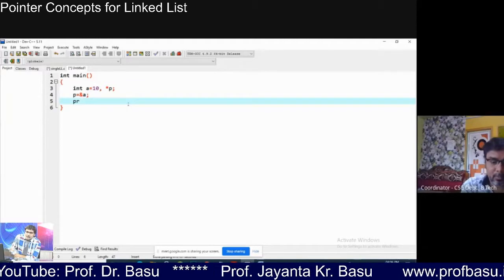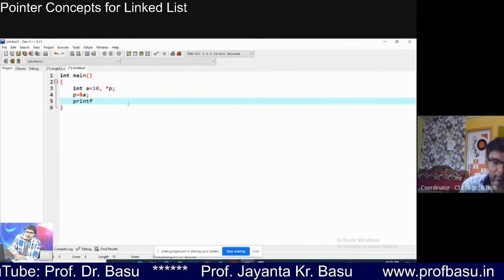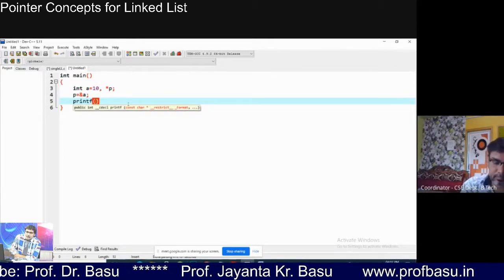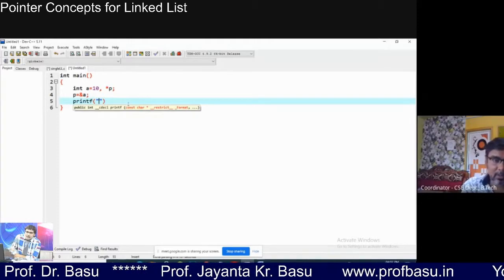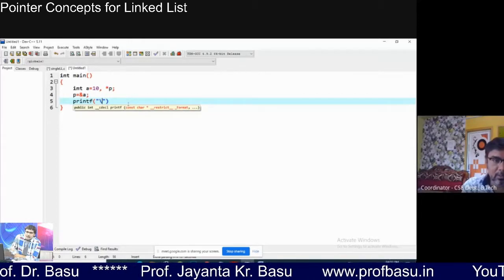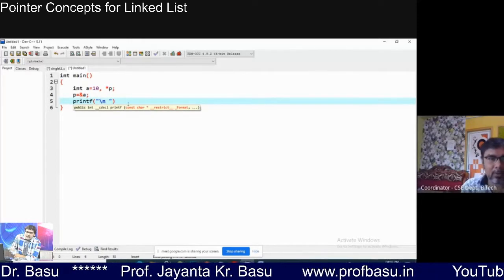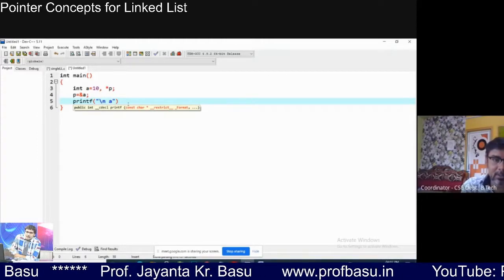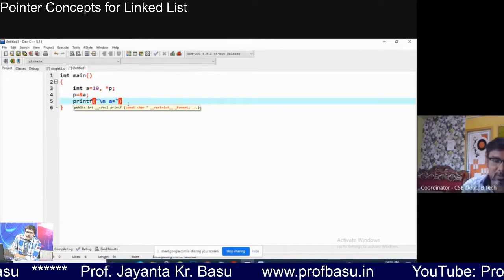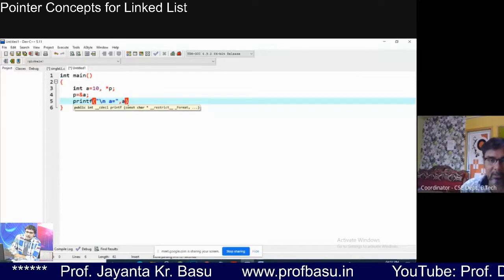printf. I want to simply display the value of a, that is very simple.